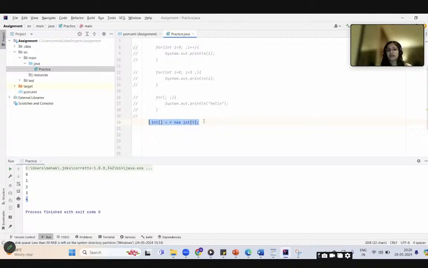This is one method to create an array. Another method is, I am just covering these basics also, another will be like {1, 2, 3}. In this way, you can initialize one array. So it is mandatory to specify the size of the array if you are creating it using the new keyword, or otherwise you can directly give the values in curly braces.